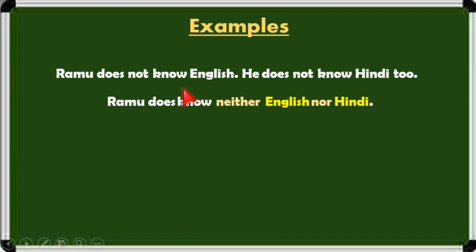We have to combine these 2 words, auxiliary verb plus main verb. Already we have discussed this. So here is does plus V1 form is equal to S form. So what is the S form here? Knows. So does plus know is equal to knows. Now we got correct answer. Ramu knows neither English nor Hindi. The last example.